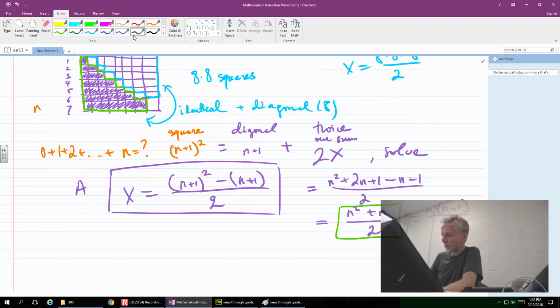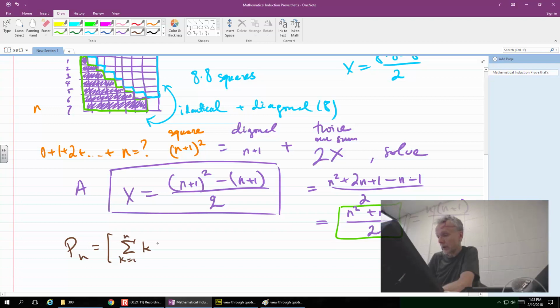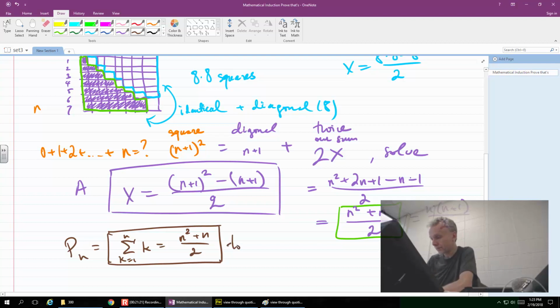dimensional, lower level statement. Suppose the formula is already known. So this is the statement that we have designed: the sum of k from 1 to n is equal to n plus 1. Well, let me take the other one: n squared plus n over 2. So, to be proven